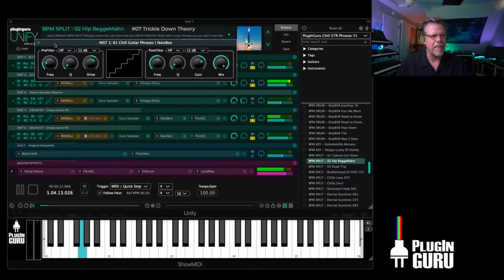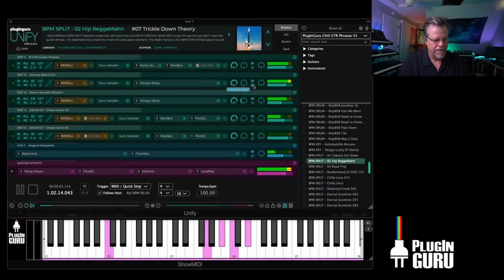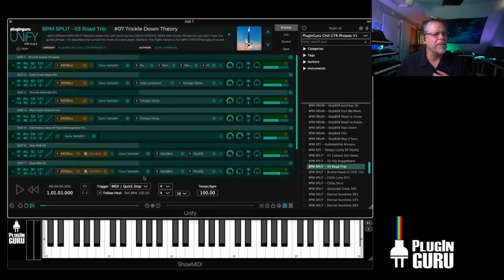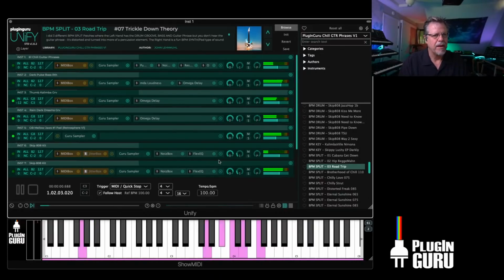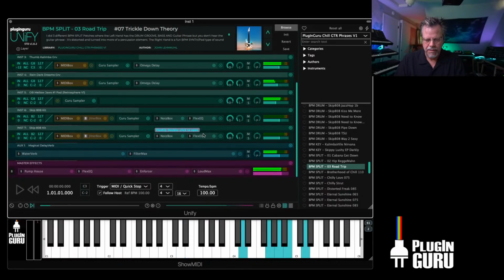To get exactly the amount that you want of the sample to go through. So you can do all sorts of fun tricks with it, right? So fun things like that. Then Road Trip was also at 100 beats per minute, and another one of those that's rhythmic, but this one has a pad layered on top of it. The top half is just